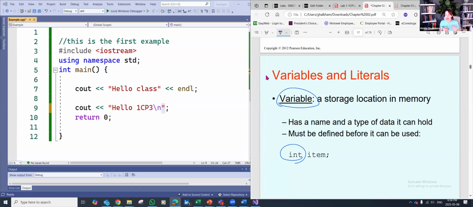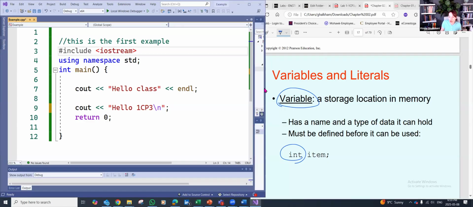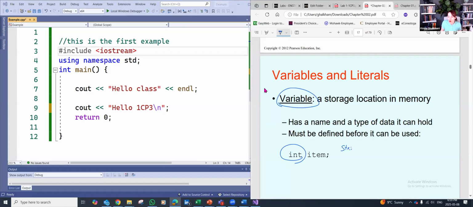Variables take up a huge amount of memory because we have a lot of them. But this is important: we have to call the directory for that certain variable. Some of the variables are not, for example, included in IOStream. Like what? Like a string. If I am going to use a string,